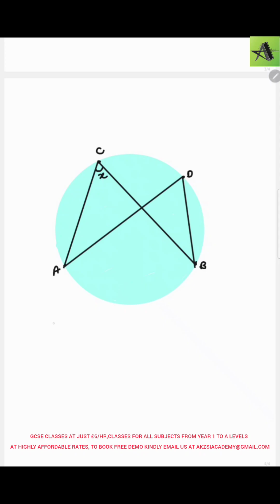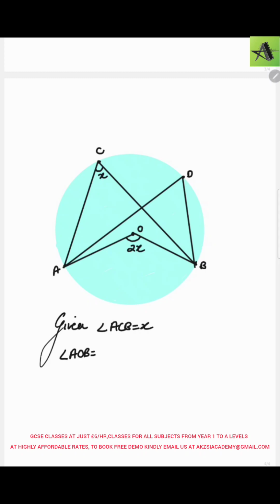So what's given? Let's say given angle ACB is x, the one that I have shown here. This is x. Then obviously, let me say this is O, which is the center of the circle, and let me join this one like this. According to the first circle theorem, which says angle at the center is always twice that at the circumference, this is going to be 2x. So I can say angle AOB is equal to 2x by